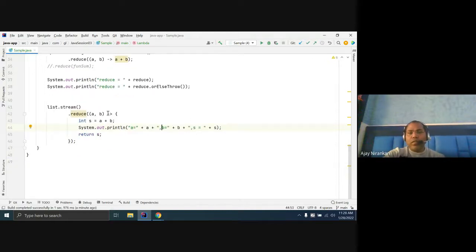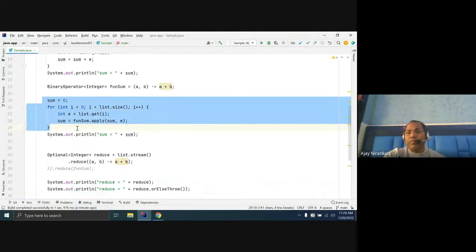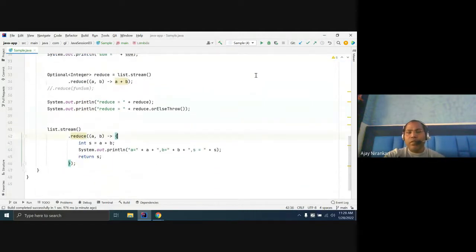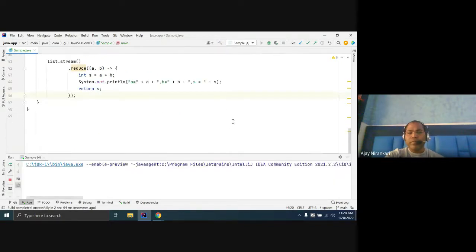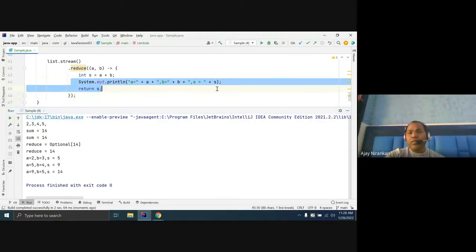So let's run it and see how reduce works. Reduce also works the way you do it manually. If you run this code, you notice that whenever reduce starts streaming, first it gets elements 2 and 3, then sums them as 5.